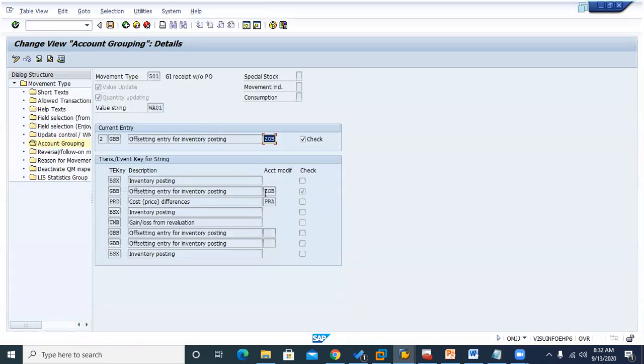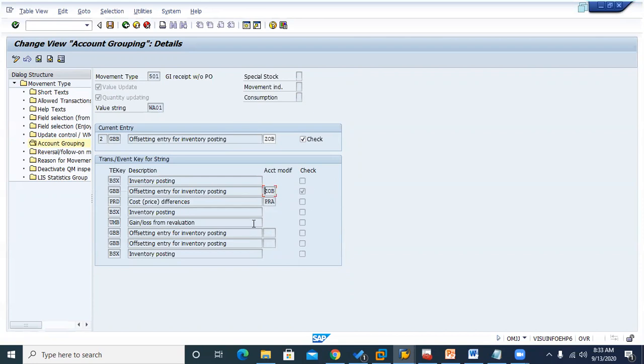You can see there is a checkbox, and it has been checked. That is the reason the account assignment tab is coming, but it is not required. It is not a mandatory function, but the tab will come if you click it here. That is the purpose.